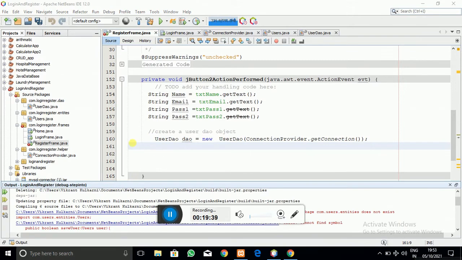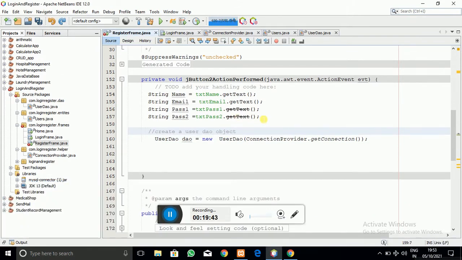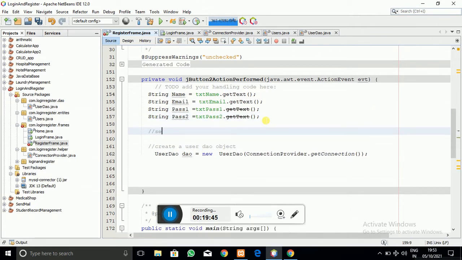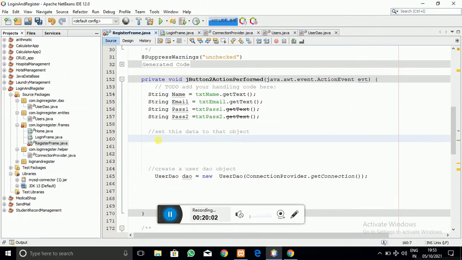Now you can see that I am going to call the saveUser method of our UserDAO, but before that we have to set the data which we have extracted from our front end into the user object, the entity, which is going to be transferred to our database.